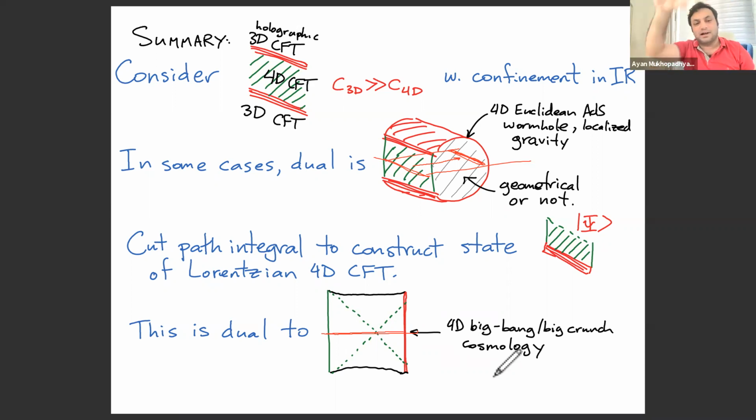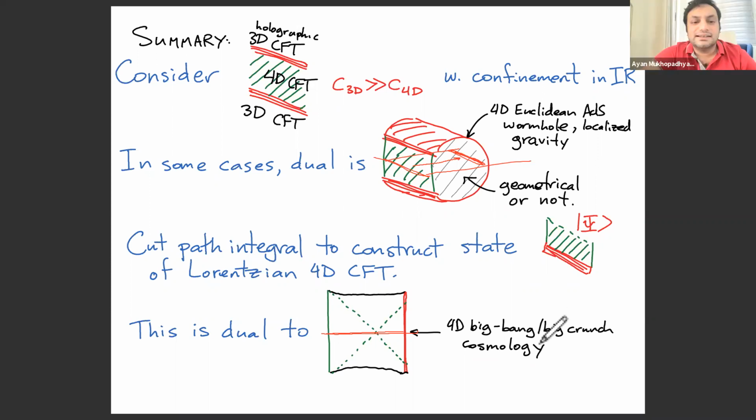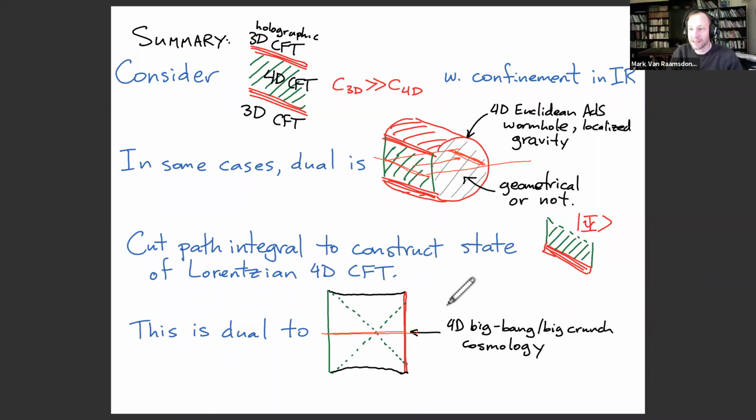The top half goes to the upper half and the bottom half goes to the lower half. I see. Yeah, it's kind of like this Hartle-Hawking picture, if you're familiar with that. You have a Euclidean geometry that you can then glue onto a Lorentzian geometry. The reason it works is that it's time symmetric, because the upper one goes to the upper half and the lower one to the lower half. Okay, time symmetric is the key. Yes, that's right. That's why I don't know how to get a big bang but not a big crunch.